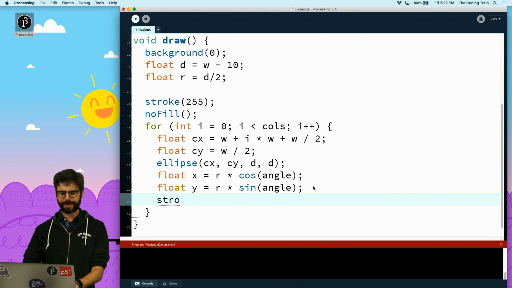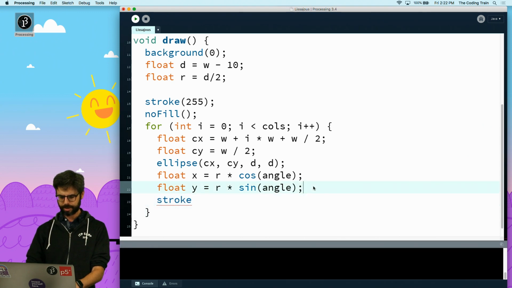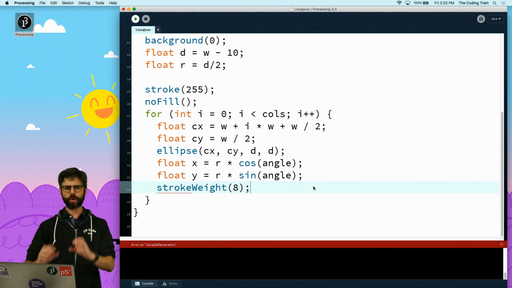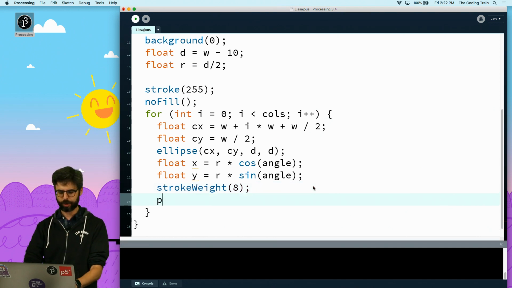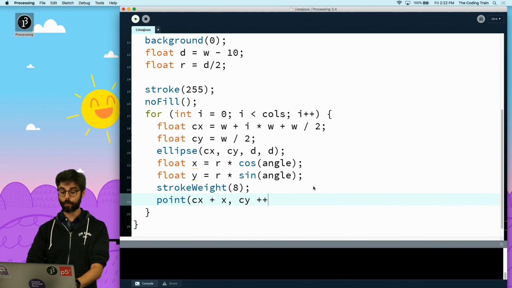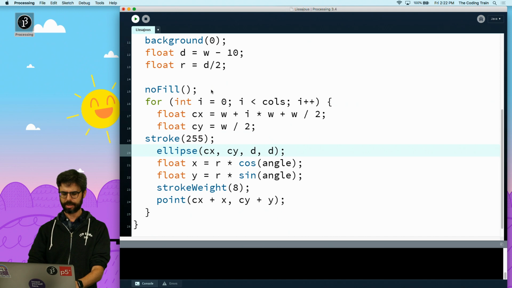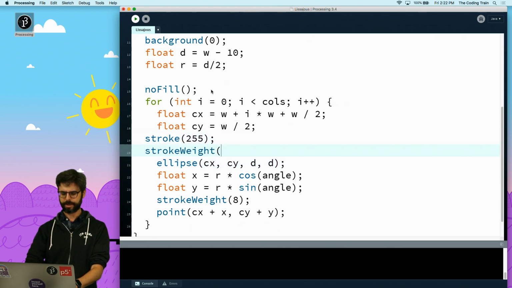And then I'm going to say stroke. Stroke stays the same. I'm going to make the stroke weight 8. So I'm going to just draw a thicker point by just using point: point center x plus the x offset, center y plus the y offset. And I'm going to have to say here, stroke weight 1.